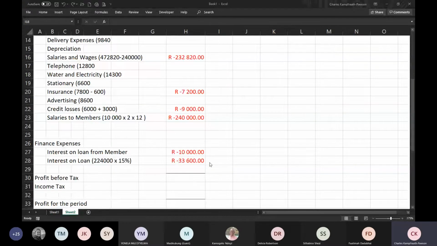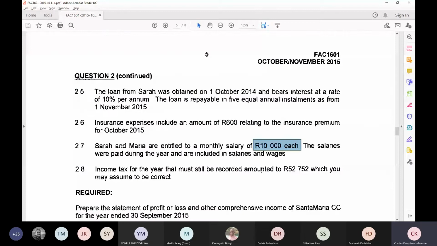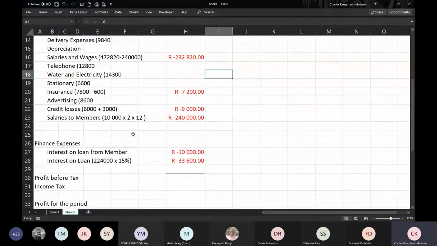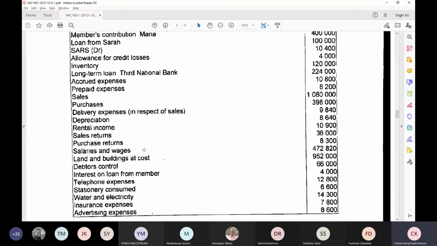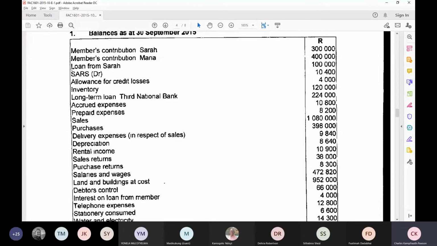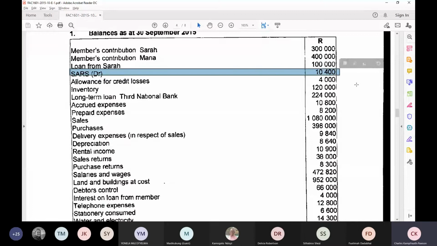It is literally just the way the statements are required. Okay. Then income tax for the year must still be recorded, amounted to 52,752, which you may assume to be correct. So let's go and look at the opening balance. So we say SARS a debit, meaning that's what we've paid. We have already paid 10,400. So we still owe SARS the difference between the 10,400 and the